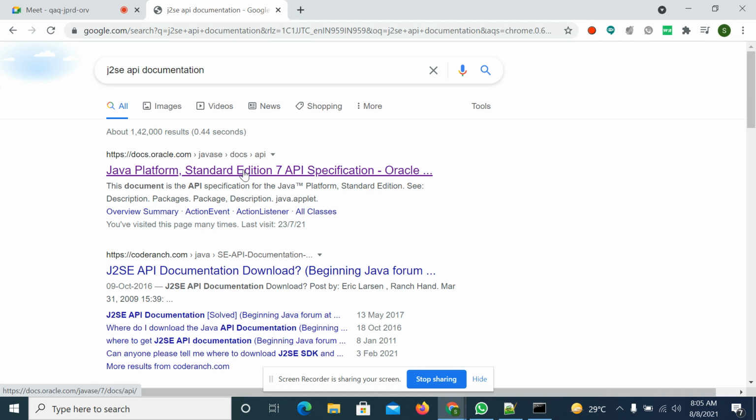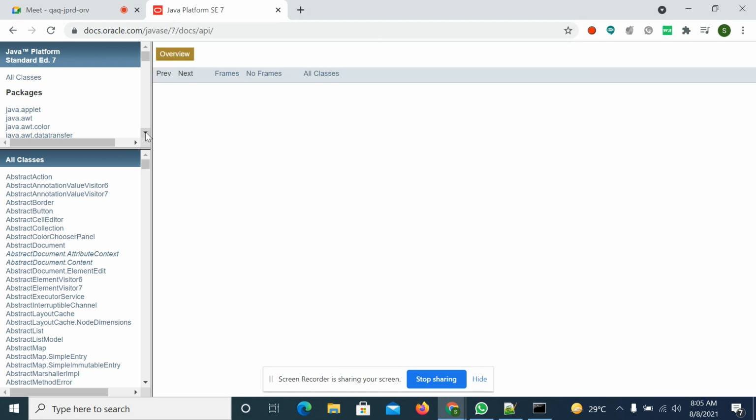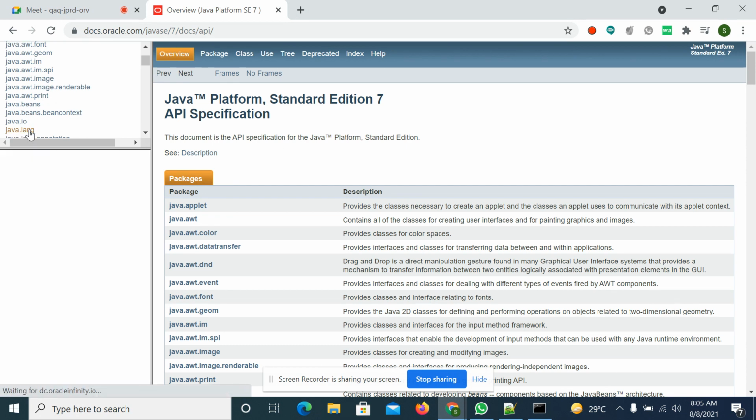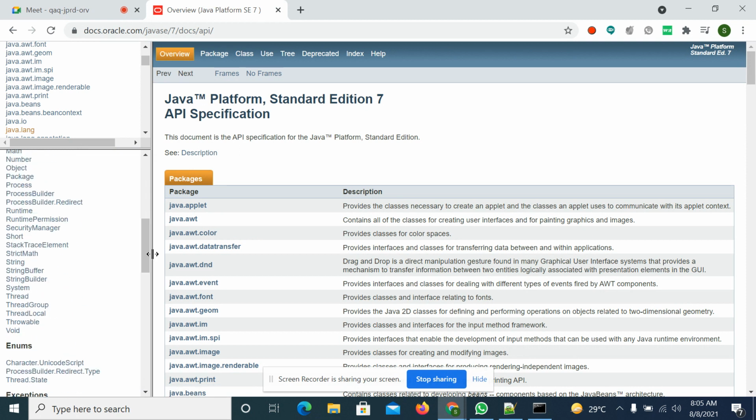So open the API documentation and go to that class. First we go to the String class. The String class is available in the java.lang package. So go to the java.lang package, go to the String class.